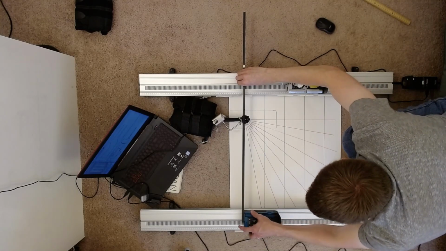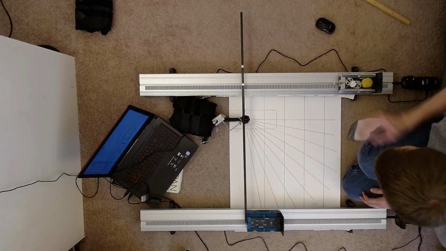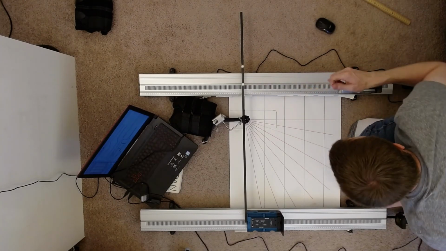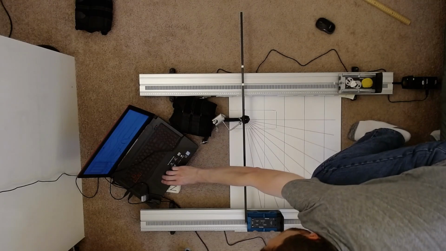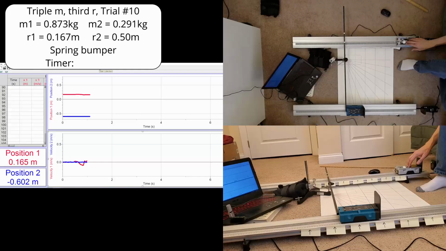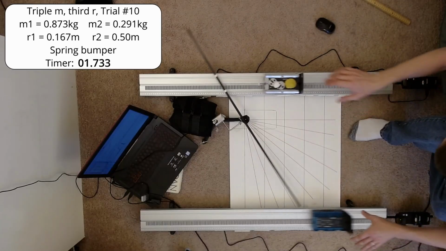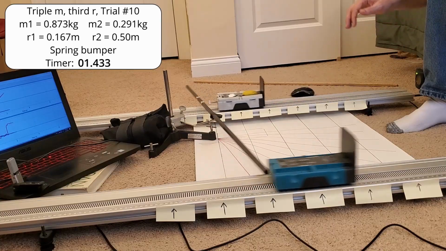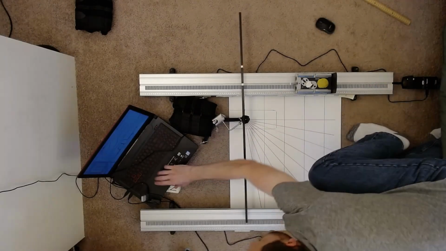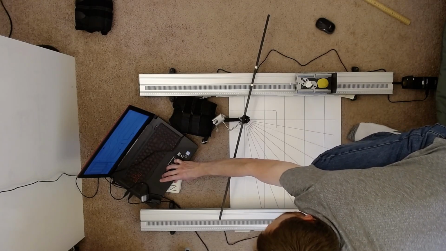Okay, and let's reset for another trial. So this is 3 times the mass at 1/3 the distance, elastic case, trial number 2. Let's take some data. Okay, and for this trial,